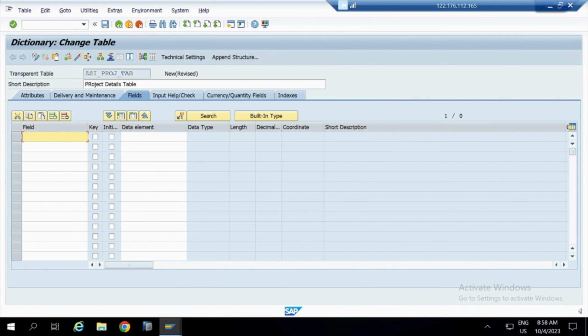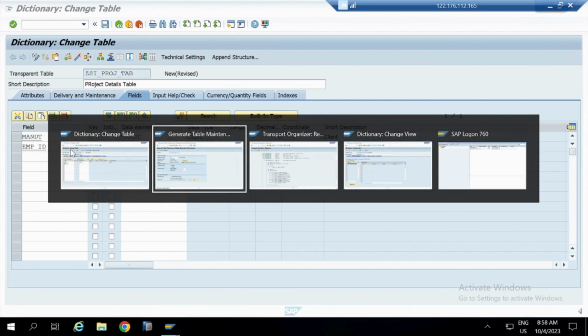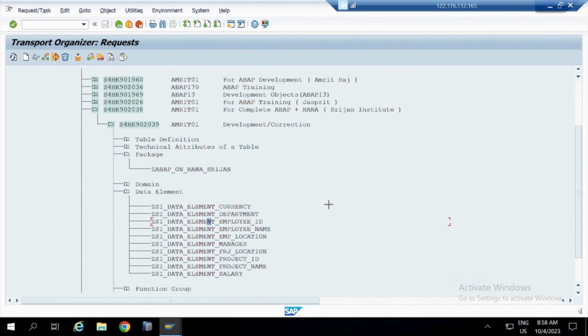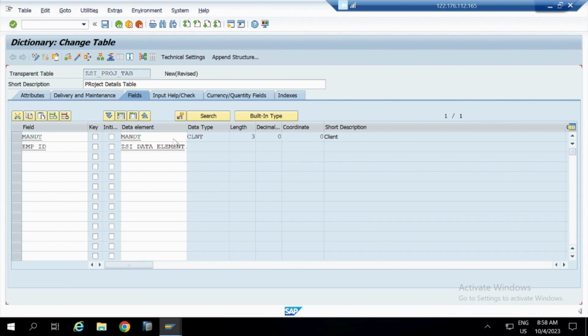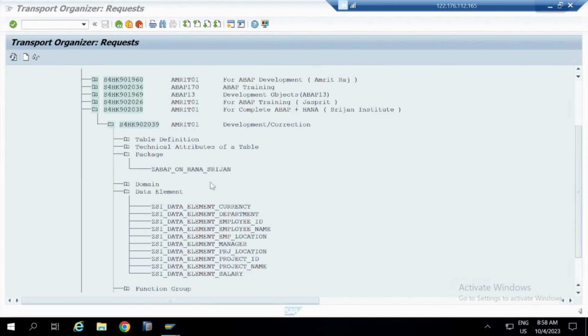Fields: my first field will be MANDT, its data element will be MANDT. Then we will have an employee ID, copy the name of the data element employee ID, press enter. Our second field will be project underscore ID, and our data element will be